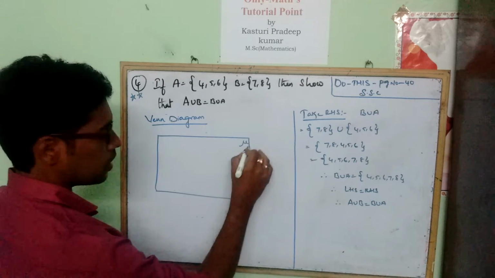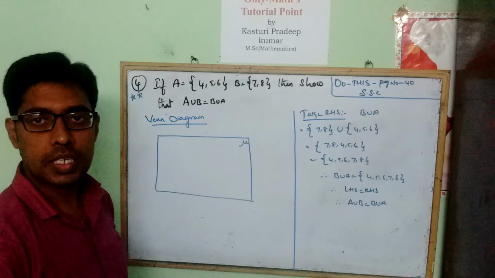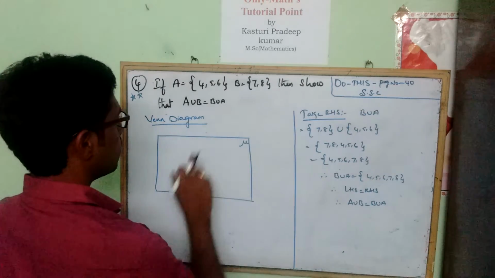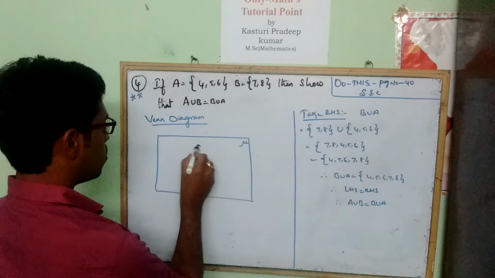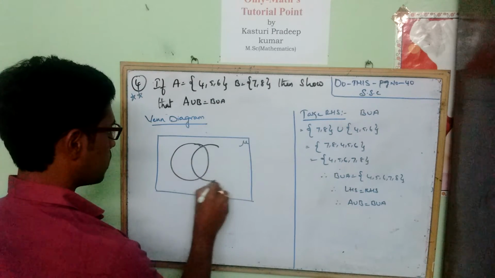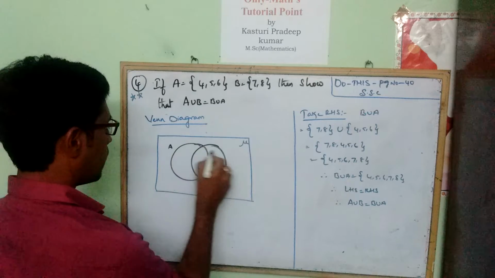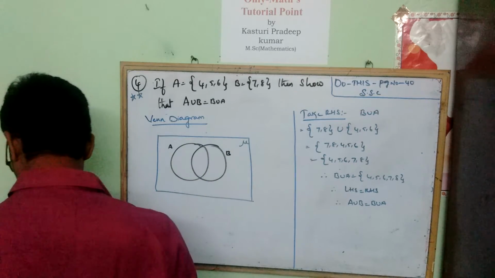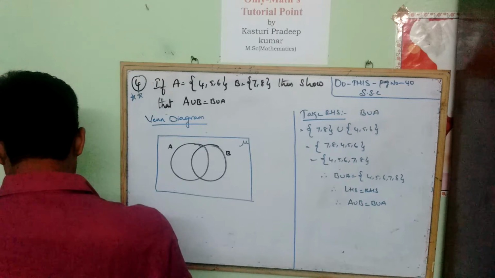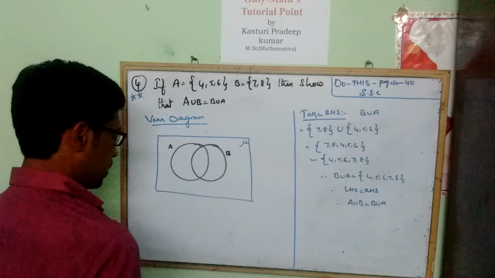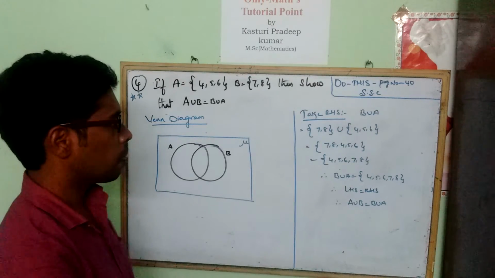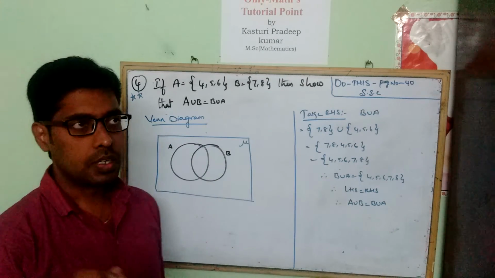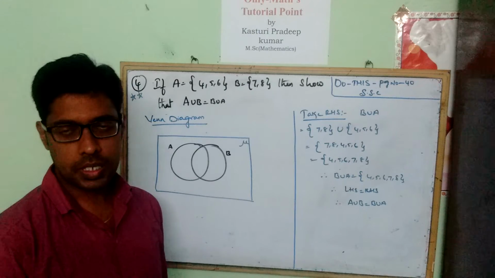Draw a rectangle that indicates the universal set mu, and how many sets are given here? 2 sets. So draw 2 circles, A and B. Now the given question is in terms of union, right? Union